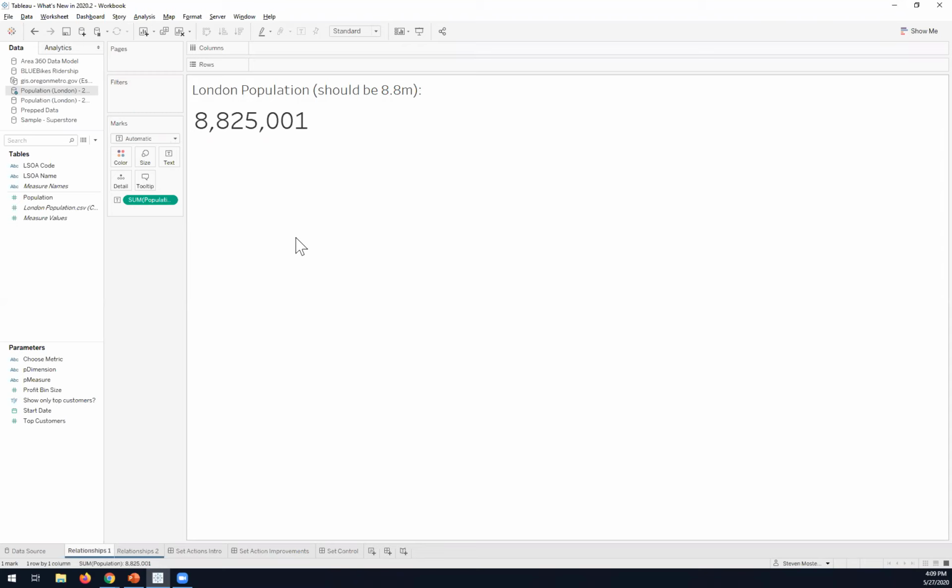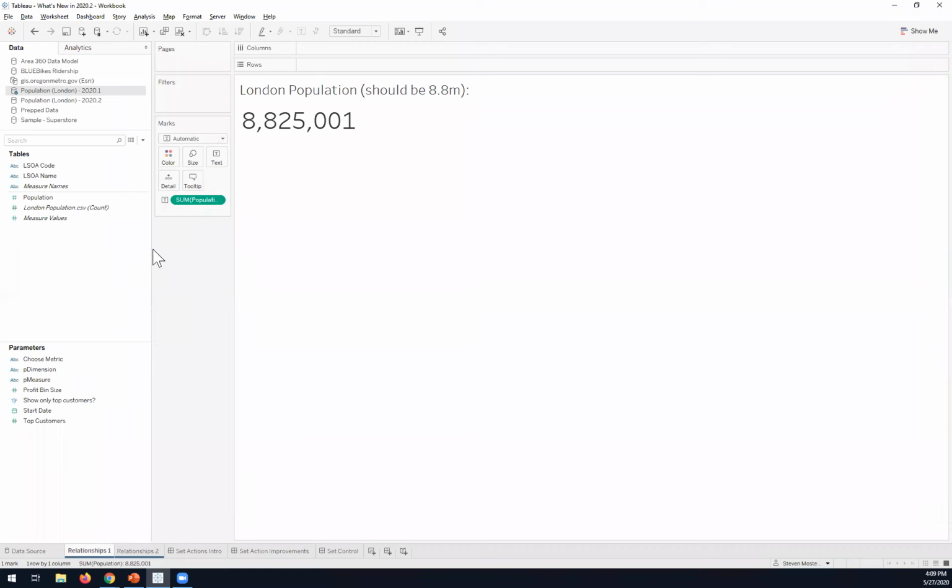So what I wanted to show here is relationships, and this is 20.2. Probably the first thing you'll notice when you connect to a data source is that you don't see a number of records.